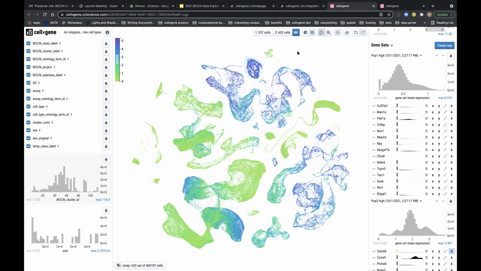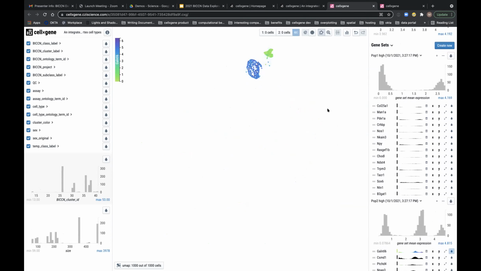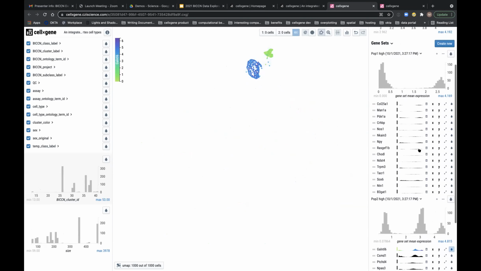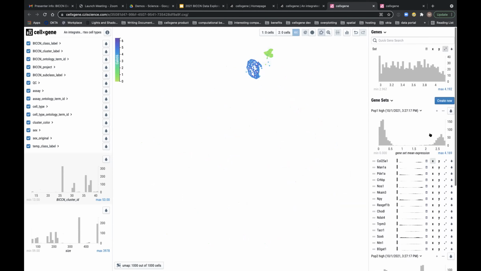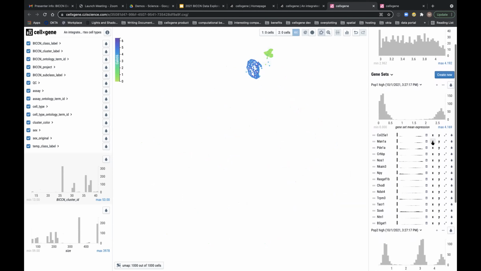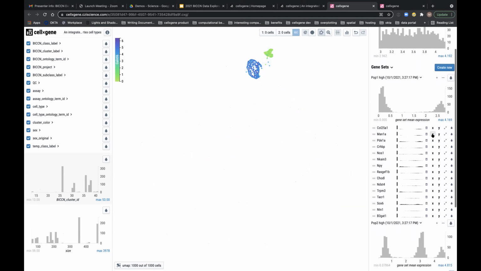We can do some other interesting things if we want to interrogate the relationship between these 2 populations a little bit more. So we can take a subset of those 2 populations, and then we can do some interesting bivariate plotting. If you saw these X and Y icons here, they allow you to construct a FACS-like bivariate plot.